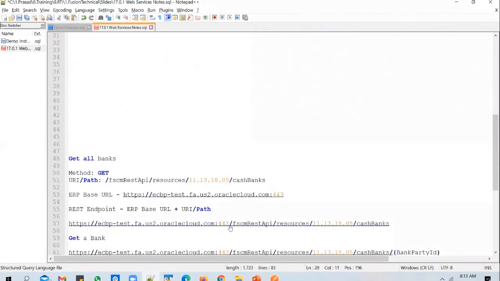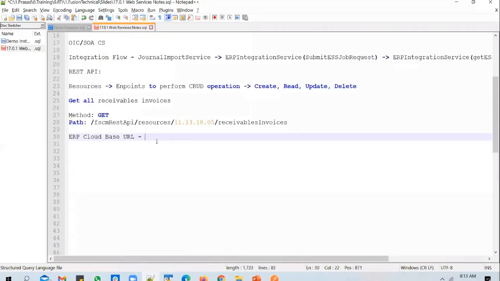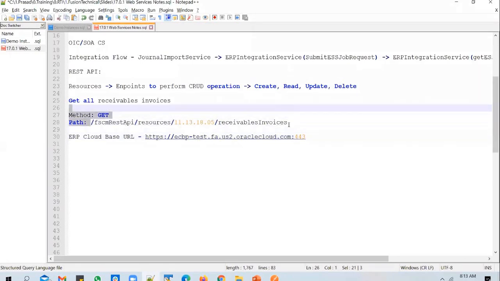And let's try this out in the ECBP test ERP Cloud instance. So ECBP test till.com colon 443, use 443 as the port because it's an HTTPS connection that we are using. And this is an ERP Cloud base URL. So if you want to get all receivables invoices from the ECBP test instance, you need to prefix this ERP Cloud base URL to the path given in the documentation.